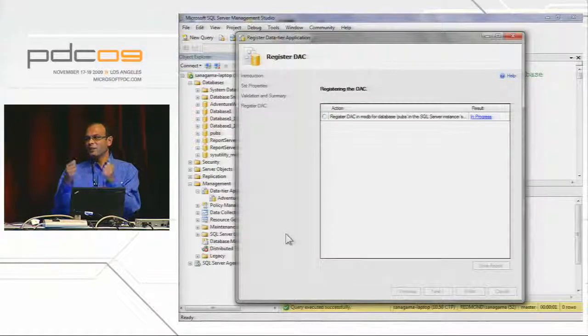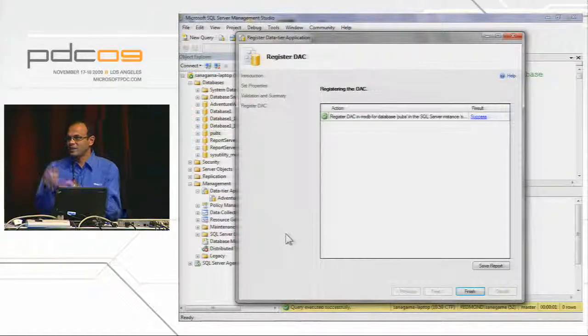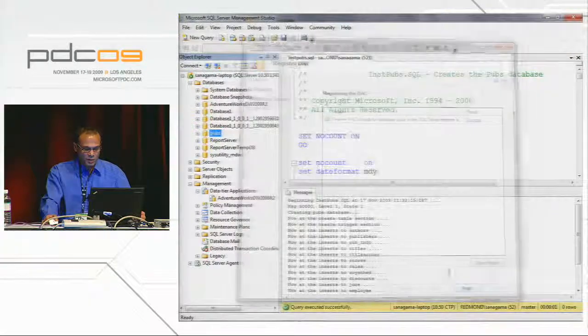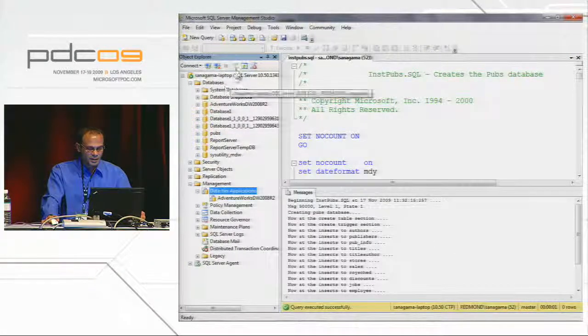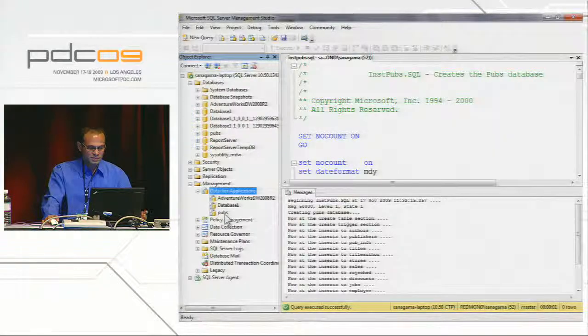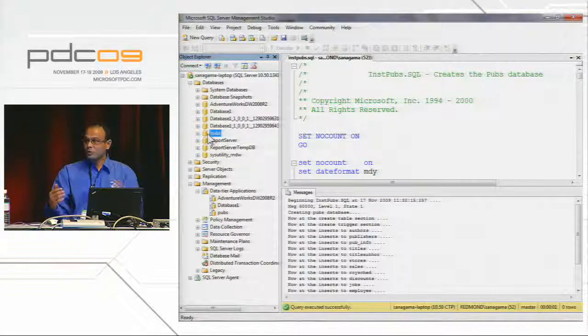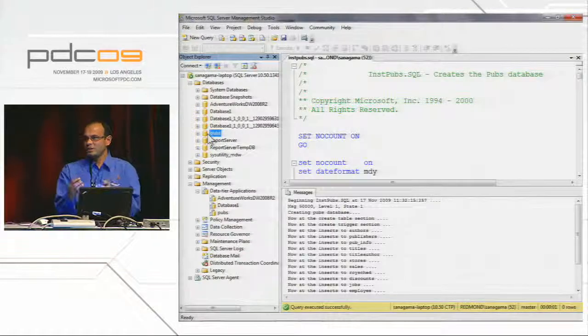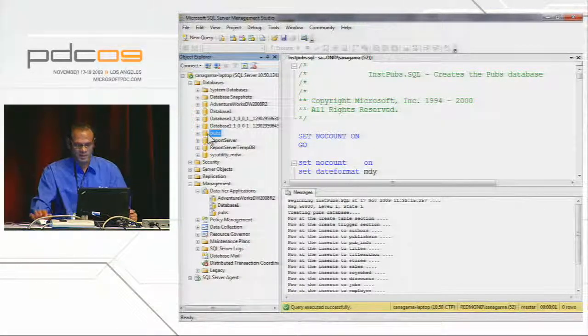So I'm taking an old database, which I had, and I'm registering it as a data tier application. Once I do that, it'll essentially show up here. So that's my old deployed database there, and pubs shows up as well. OK, so now that I have a data tier application, which I got from old and registered in SSMS,